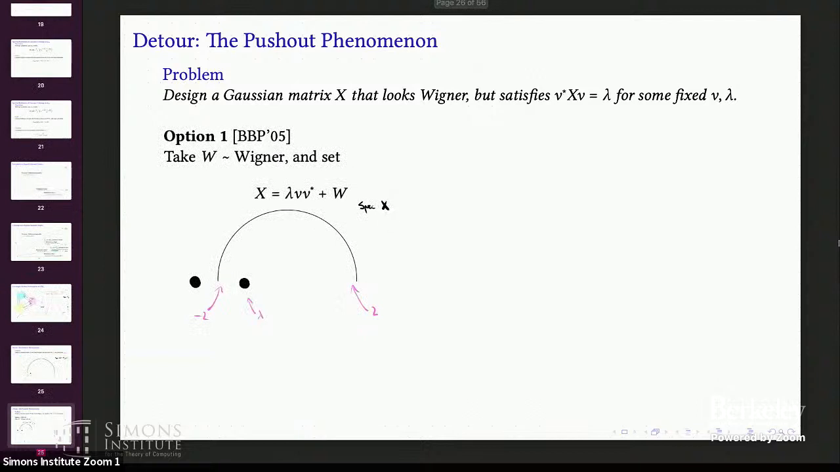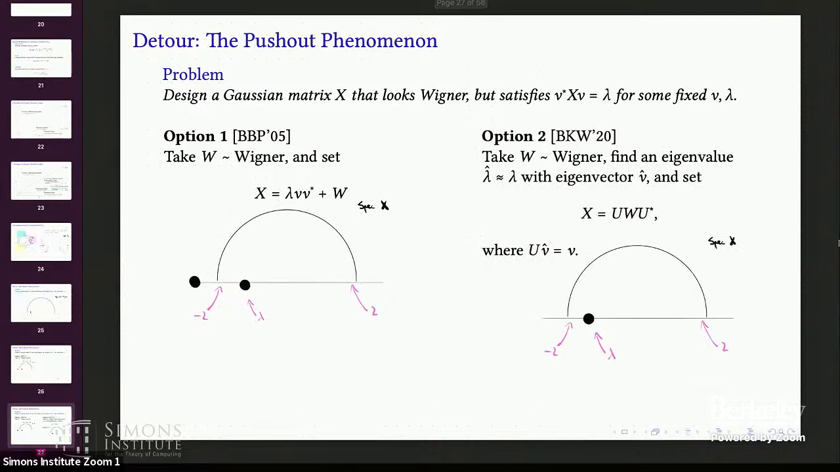Well, one option is I just sample a Wigner matrix and I spike it with a rank 1 matrix. But you shouldn't do this, or rather, you shouldn't expect that it'll be quiet, because there's some work from about 15 years ago that says that as soon as lambda gets close enough to the bottom end of the spectrum, this thing ejects an eigenvalue that lets you tell it apart from a Wigner matrix. Okay. So that's a bummer, but luckily there is a different thing you can do,